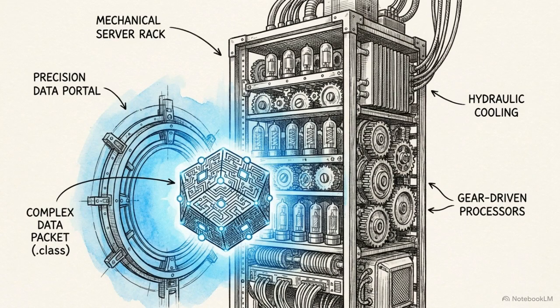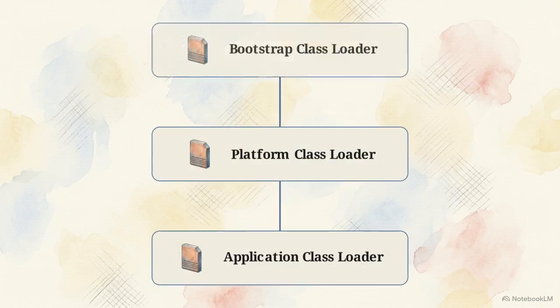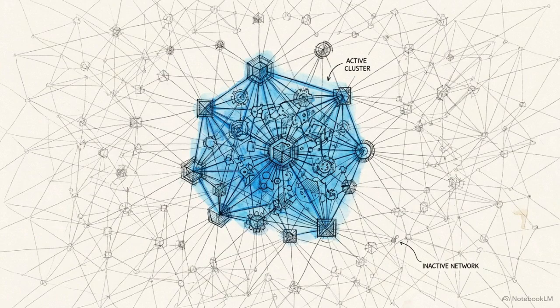Before any logic can run, the JVM must fetch the .class files from the disk or the network. This fetch is governed by the delegation hierarchy algorithm. When requested, the bottom application class loader delegates upward through the platform loader to the very top. The Bootstrap class loader natively loads core libraries. If not found, the search cascades back down. The JVM follows a lazy loading strategy, meaning classes are only fetched when they are actively referenced by another part